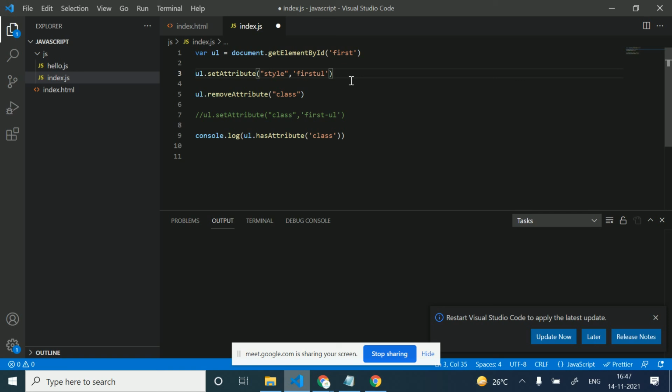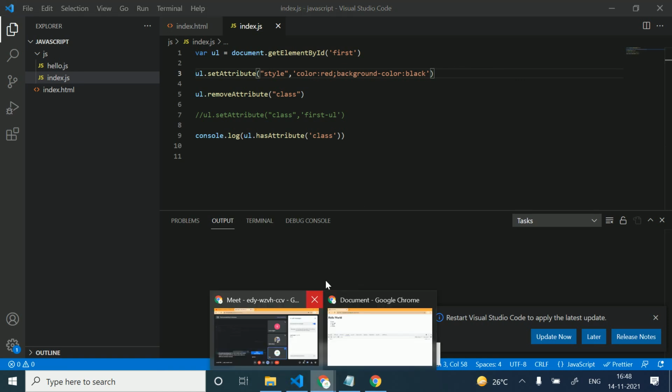In this I will pass color red, not white, and background color black, not white.